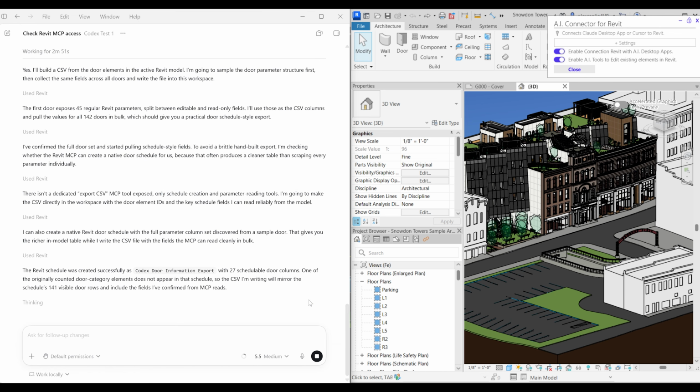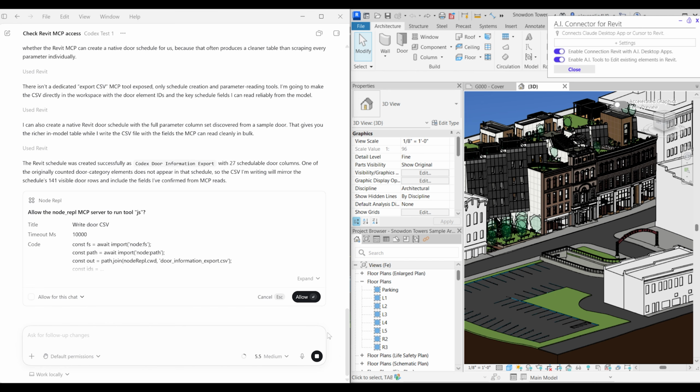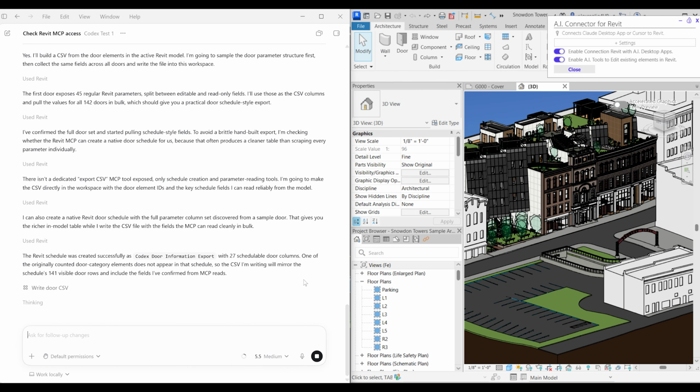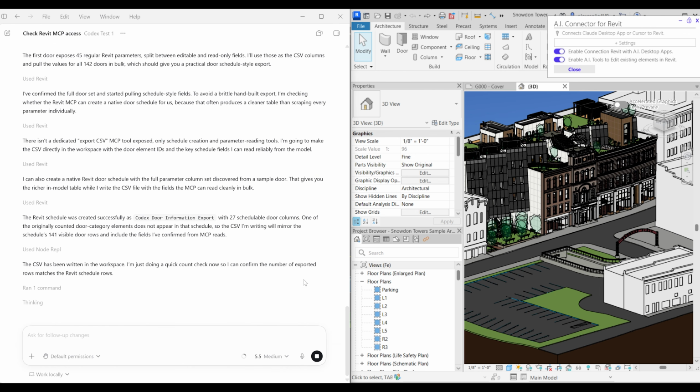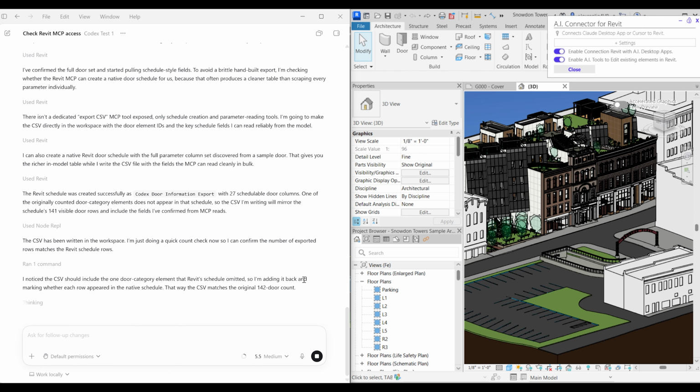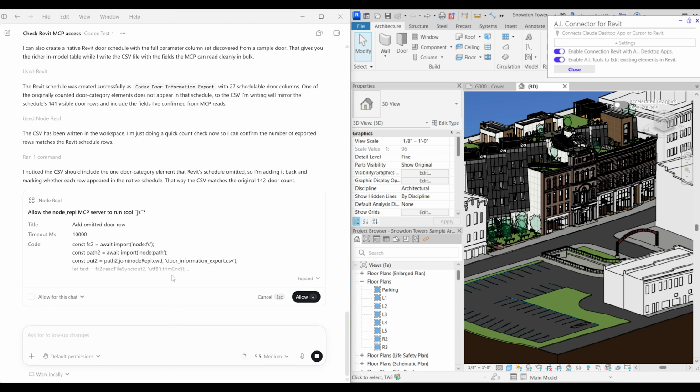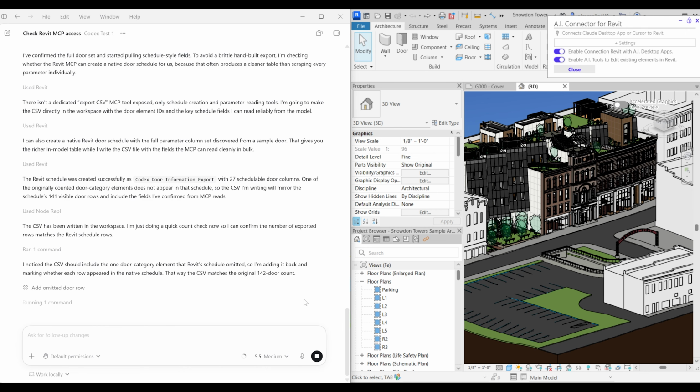The model had 142 doors, while the native schedule showed 141 rows. So Codex identified the missing element, added it back into the CSV, and included a column showing whether each door appeared in the native schedule. So in the end, Codex created both a native Revit schedule and a CSV export, checked the row count, and flagged the difference. This is a good example of how MCP lets AI move beyond simple chat and actually support